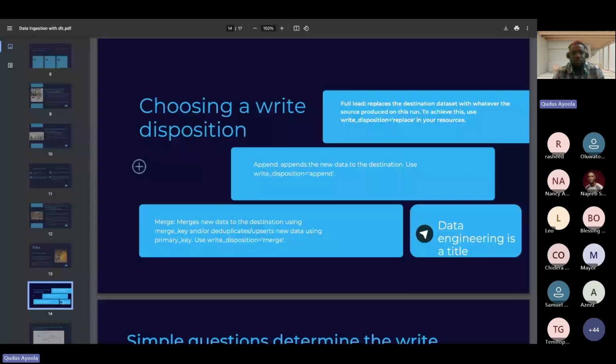If you don't have such a column, you can't do incremental load. You have to do a full load. So there has to be a column that helps you track the changes within your database.